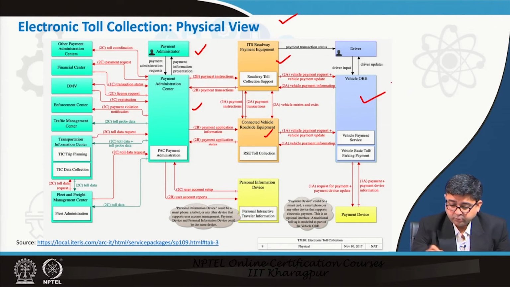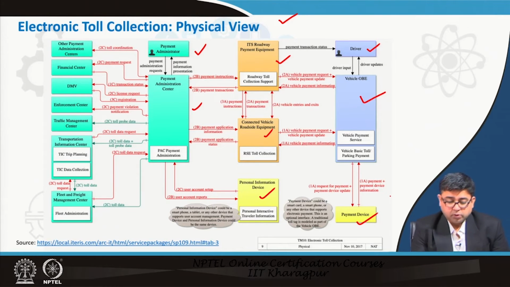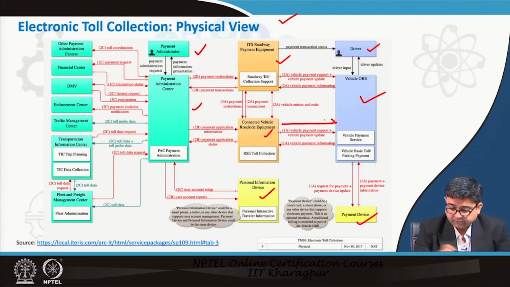The light blue are the vehicles and the driver in the vehicle, and then yellow are the payment devices. So, what is happening is every time a vehicle is arriving at the toll plaza,